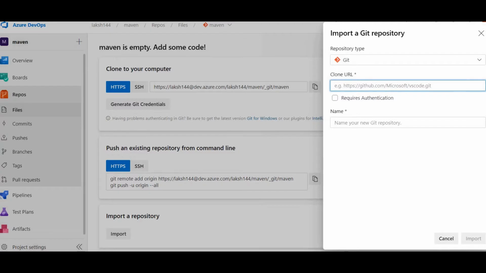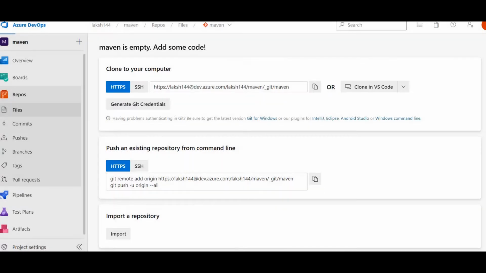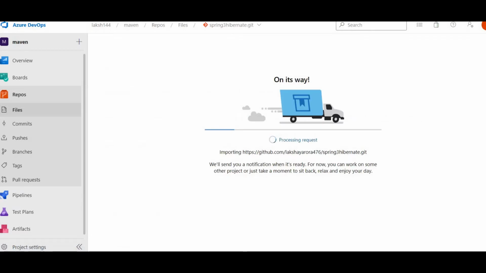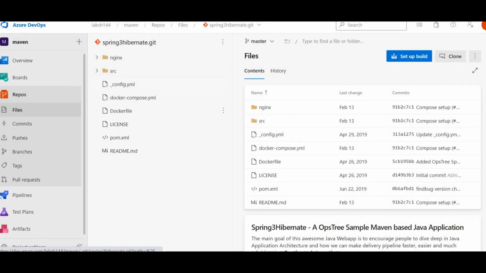I will copy this URL and paste it, and this repo will be imported in my Azure repos. As you can see, the import is successful and I have my entire repository.